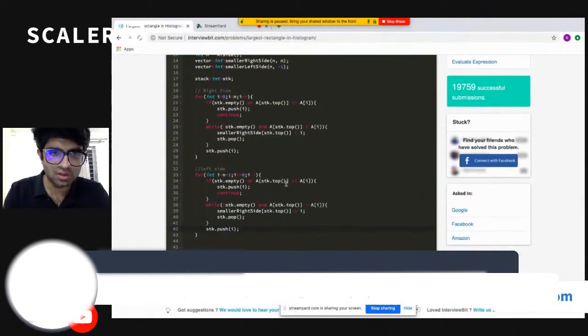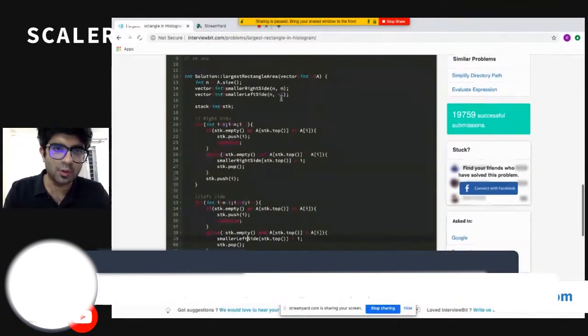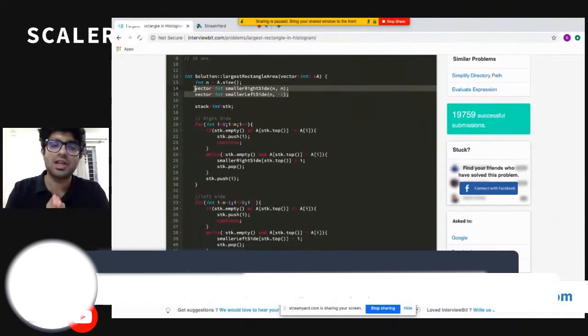But instead of the right side, now I'm populating my left array for each element. By doing these two operations, we have populated both of my arrays. We now have the information of what the nearest smaller element on the right side is for each particular element, as well as on the left side.